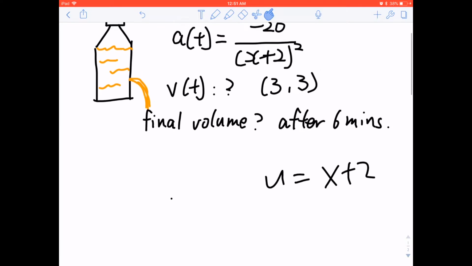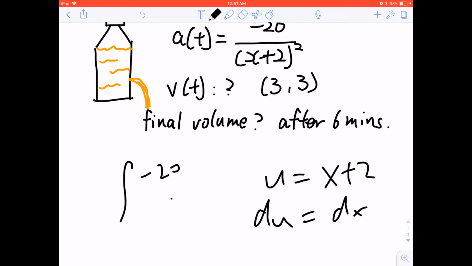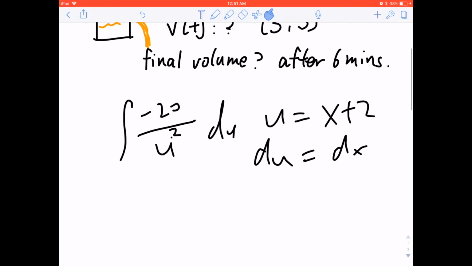So du is just dx. Then we can now find the function of the velocity, which is the antiderivative of -20 u squared du, and then we got